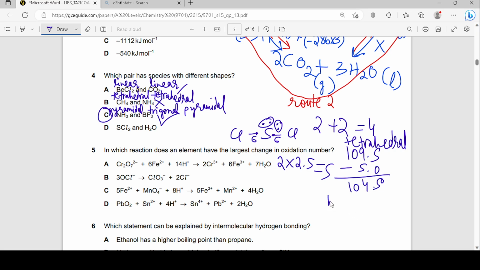So it's actually a non-linear shape, or you could call it bent, or if you want, V-shaped. Okay, you can simply just say non-linear, that works, or bent. But that's the shape basically. I'm just going to write bent. Okay, and now if you look at H2O,